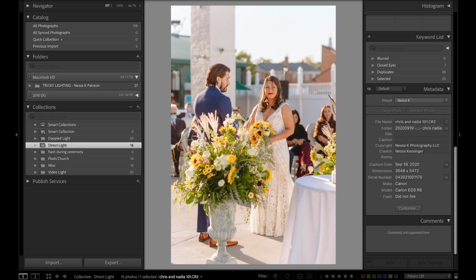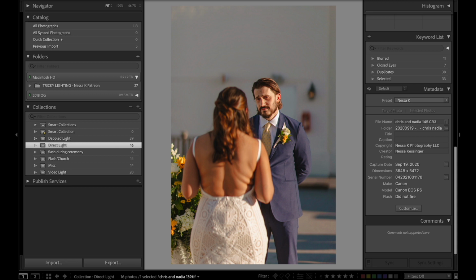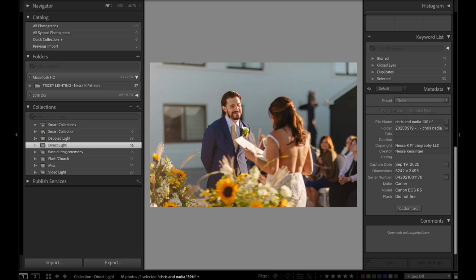That's not always an option, but I just wanted to bring it up because I was having a hard time shooting both of them, but just by getting behind them a little bit, I was able to change up the lighting enough to get a couple more flattering images, even though I couldn't hang out there the entire time. That being said,